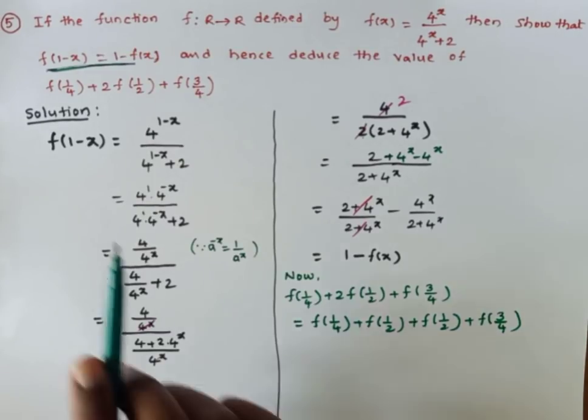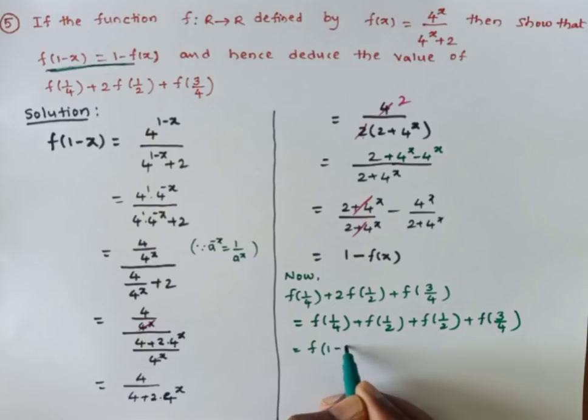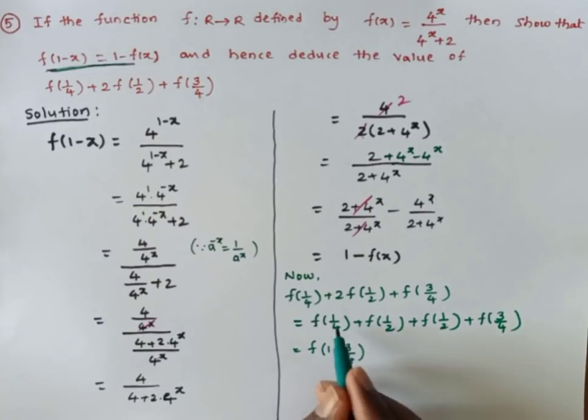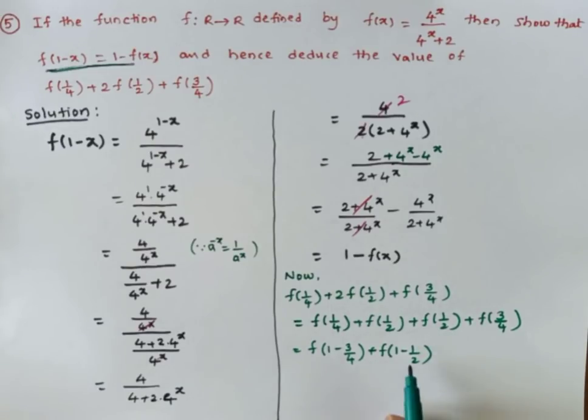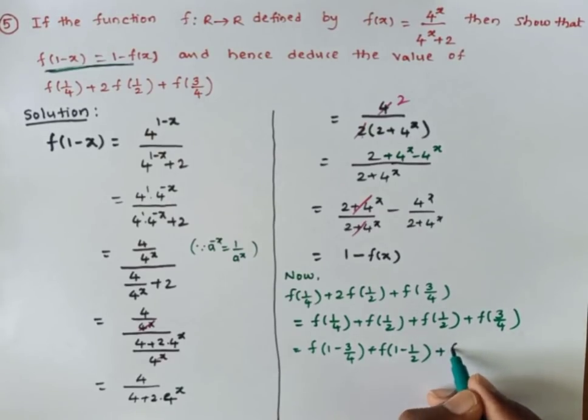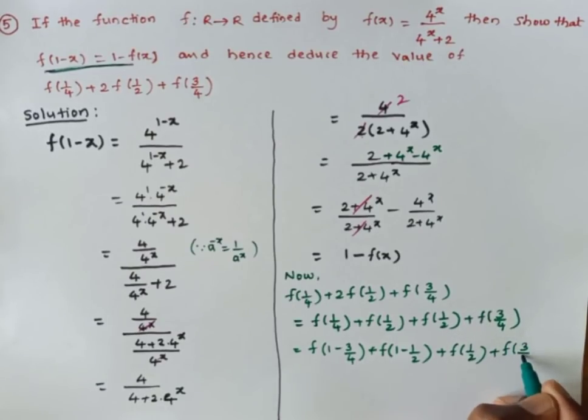Okay, now you need to write the relation like 1 minus x equals some x form. See here 1 by 4 is there. So this 1 by 4 can be written as 1 minus 3 by 4. Is there any problem? 1 by 4 means 1 minus 3 by 4 only. If we simplify this 1 minus 3 by 4, we get again 1 by 4 only. Now plus f of 1 by 2 is there. So f of 1 by 2, here I am writing this as 1 minus 1 by 2. If we simplify this 1 minus 1 by 2, again we get f of 1 by 2 only. Now the next two terms are as they are. Let it be, these are as it is, f of 1 by 2 plus f of 3 by 4.